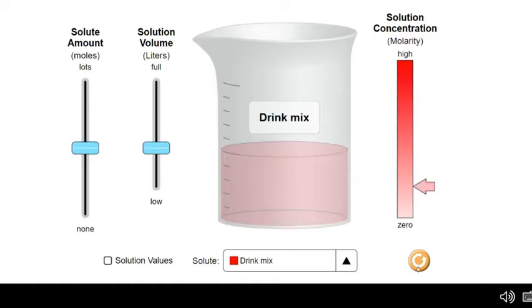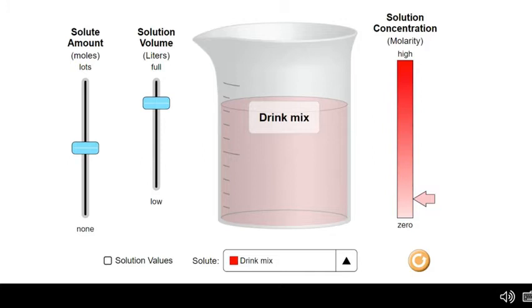On the flip side, if we decrease the amount of Kool-Aid powder in our solution, we can see it turns a lighter red, okay? It becomes less concentrated. We have less particles in that certain area. Another way we can decrease that concentration, if you think your Kool-Aid is too strong a flavor, is we could add more water. So when we increase the amount of solution we have in total or the amount of water we have, that would also decrease our concentration, okay? Because now our particles are more spread out